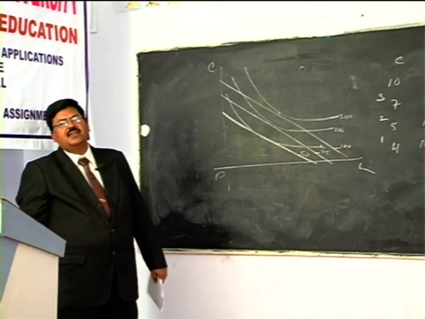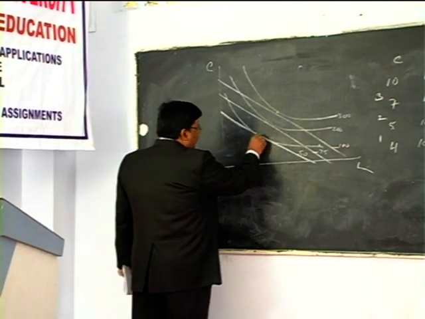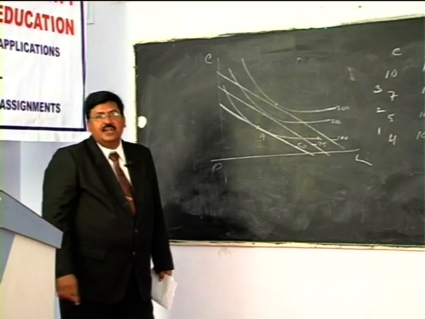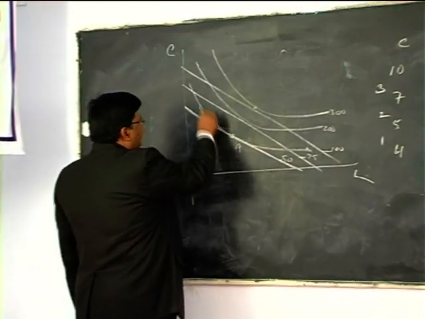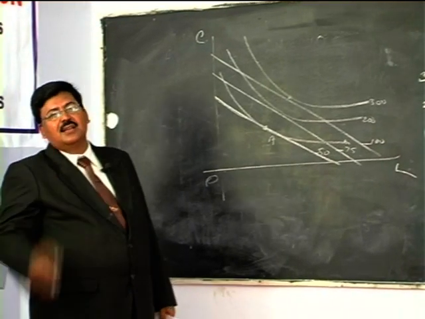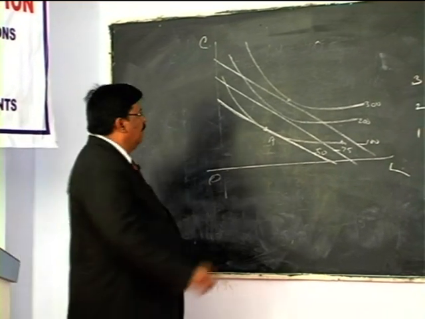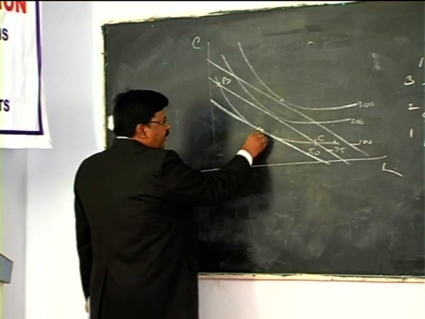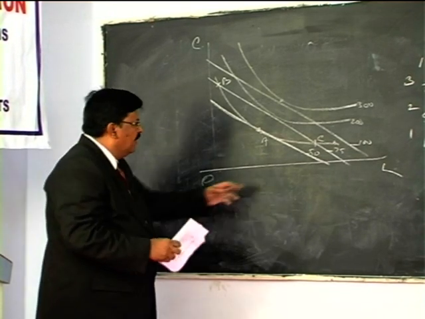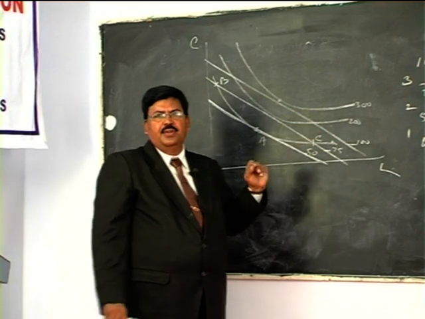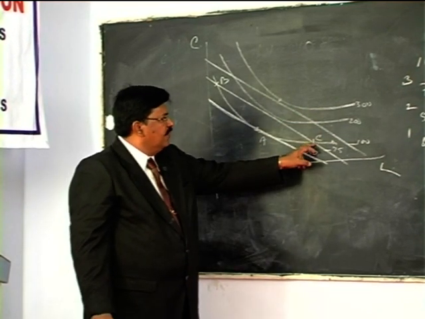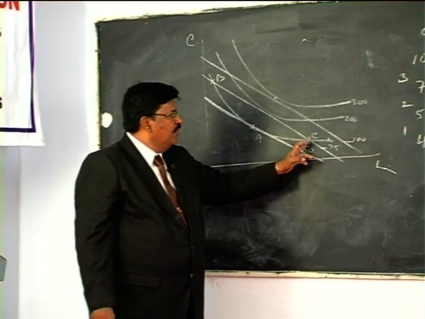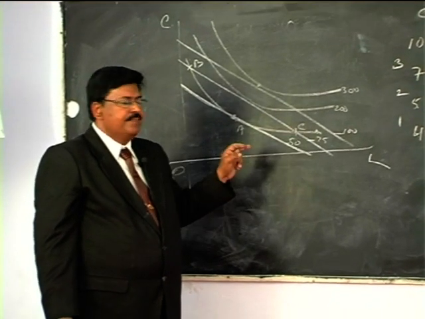What is the least cost combination of inputs? You will say that at point A, for example, ISO quant for 100 units of output is tangential to the ISO cost line at point A. It is tangential, and that is the least cost combination. Why? Point A indicates a combination of labor and capital that can produce 100 units of output. The same output can also be produced by using inputs given by point C on the ISO quant for 100 units.